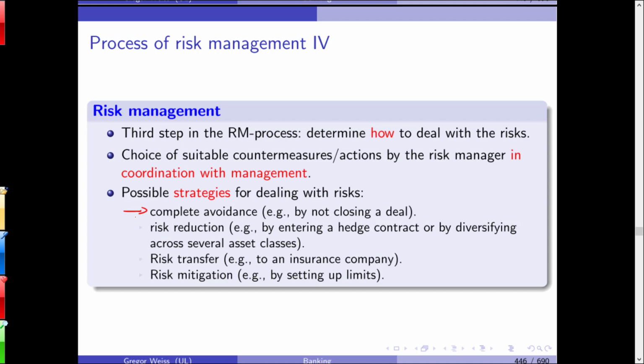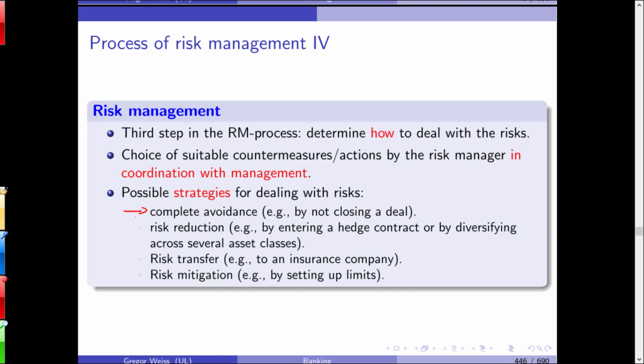Some companies do this for risk management purposes, or sometimes for even more ridiculous reasons. I know many energy companies think about entering derivatives contracts and trading with derivatives. However, first of all, these derivatives come with a certain amount of risk. So the easiest way to manage this risk is just to say, I don't do this at all. I will not enter a derivative contract, period. Complete avoidance. The funny thing about this is many energy companies do exactly this, but for another reason.